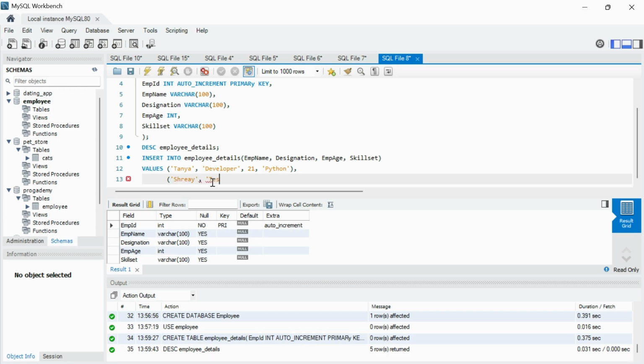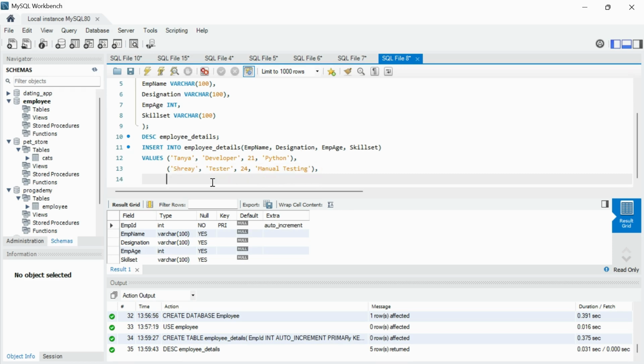She is tester. Age is 24 and her skill is manual testing. Next is we have Trisha and